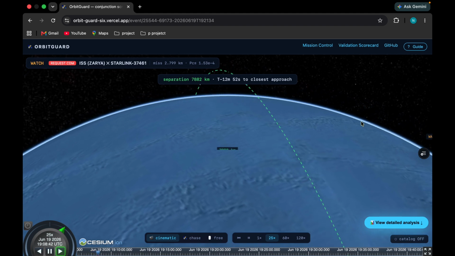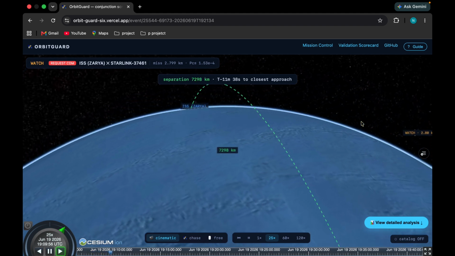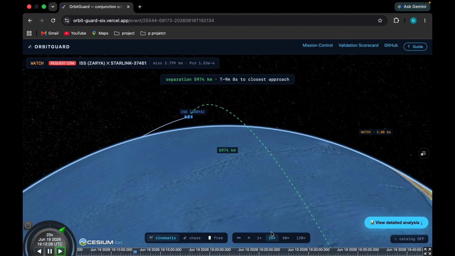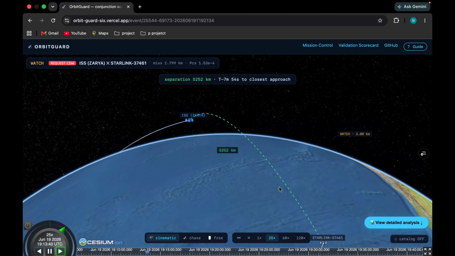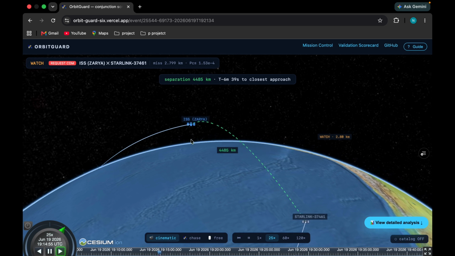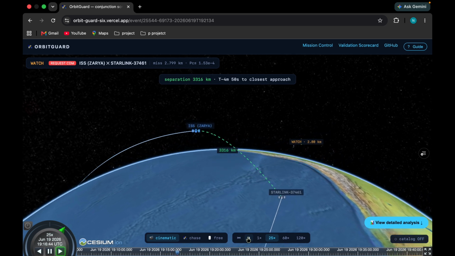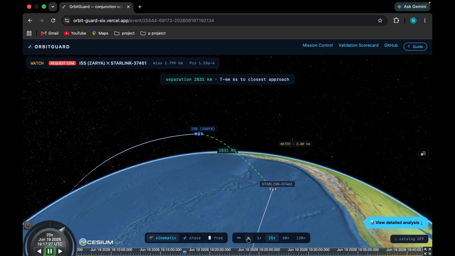So this opens an encounter inspector. It is replaying the actual pass with a 25x speed timer on by default, and the camera auto-frames both objects, zooming in as they get closer. So while this plays out, let me tell you what you are looking at. This is the International Space Station and a Starlink satellite, getting close to each other in a real-time event, at the exact place where they will pass very closely to each other. Now look at the verdict.